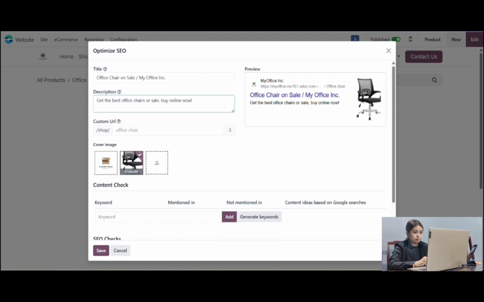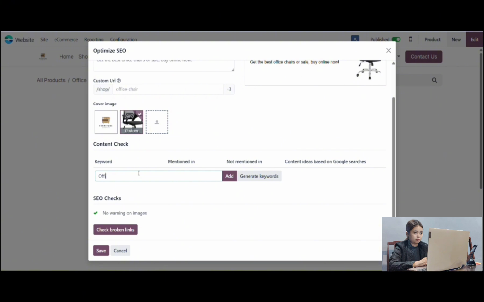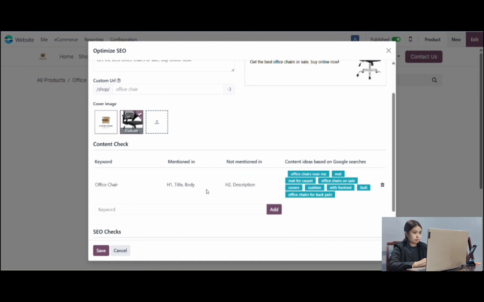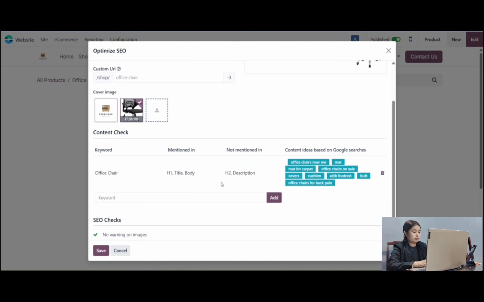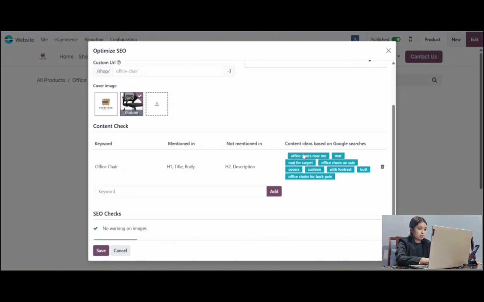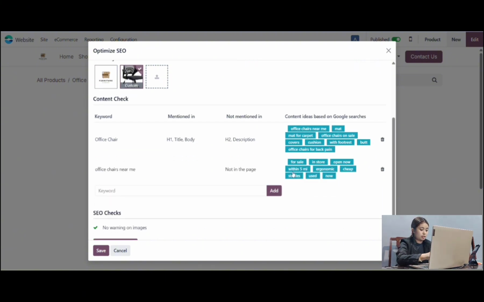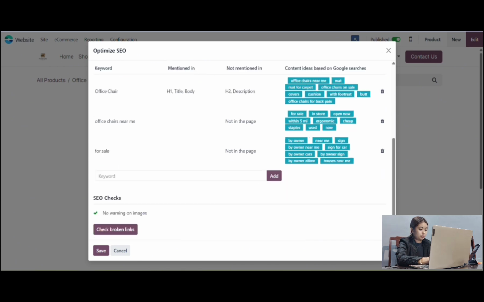And then going down, type the keyword office chair and then add it. Now we will click the office chair near me and then we will click the office chair for sale and then save it.